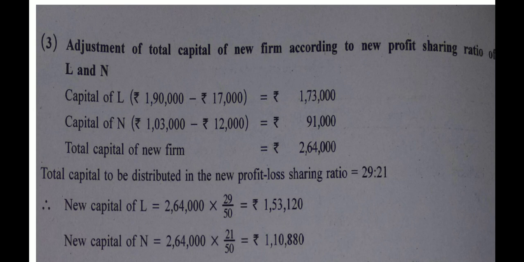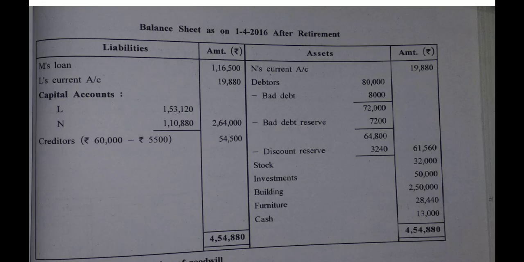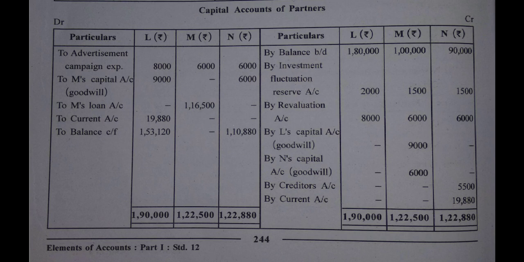Where did that cash go? Obviously, that amount is to be paid by the firm to the partner, and they have said that it is to be transferred to current account. And here is the reason for writing down 19,880 on debit side in the column of L. Okay, now if you check, the total of both the sides is similar, which is